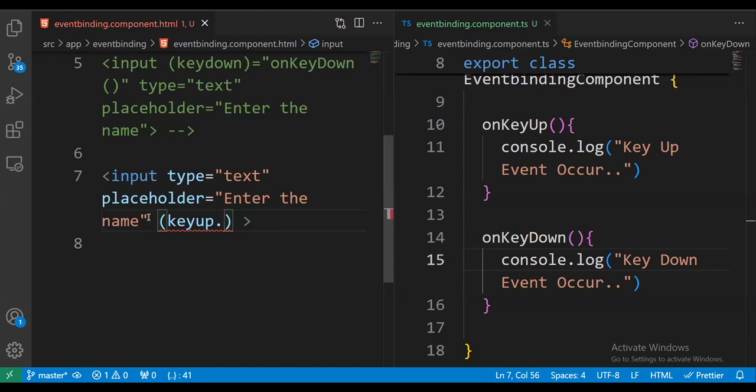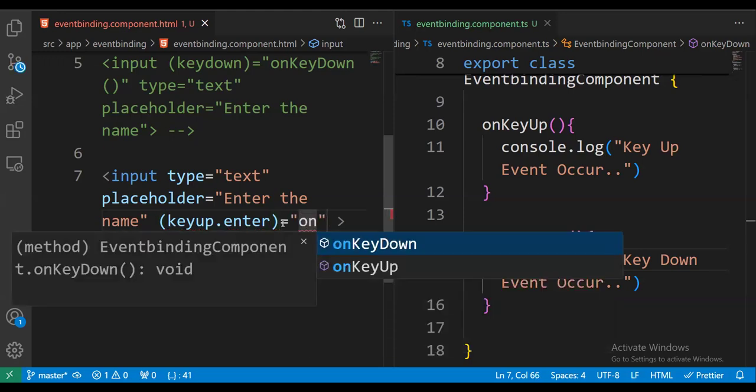If I want to apply that event on the enter key, I mention enter here, and that enter is a key code present in Angular. Angular defines every keyboard key's key code in the documentation, so you can go through the documentation and get the key code of each and every key. For the demo I'm using the enter key. When I press the enter key, that event will occur; otherwise, it will not. So I'm mentioning the event handler on key enter,